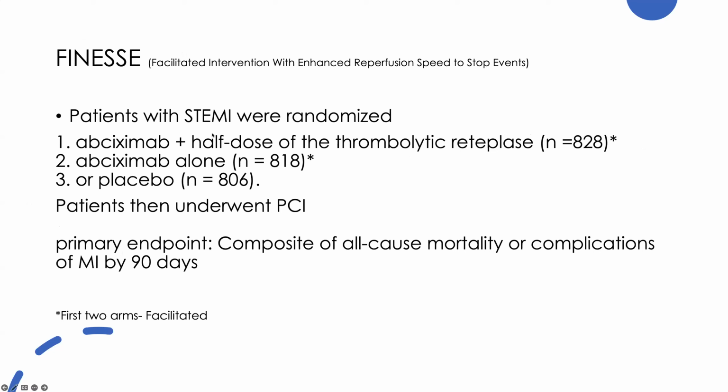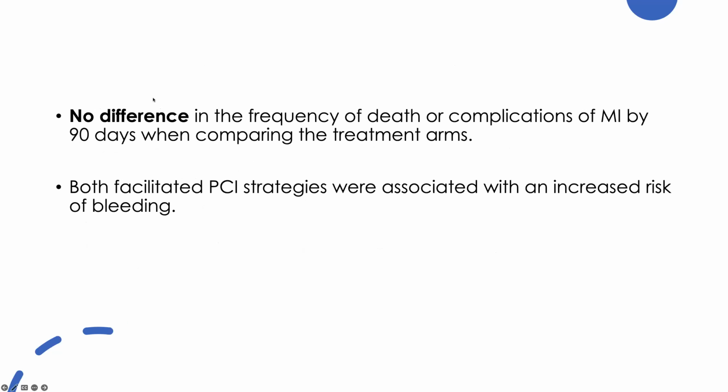So obviously, you consider the first two arms the facilitated approach, and the third one, which is the regular approach, you don't use any agents, no intravenous P2Y12 inhibitors or thrombolytics or anything like that. So, okay, they did not find a difference. Facilitated, like expected, showed an increased risk of bleeding, and you don't have much difference